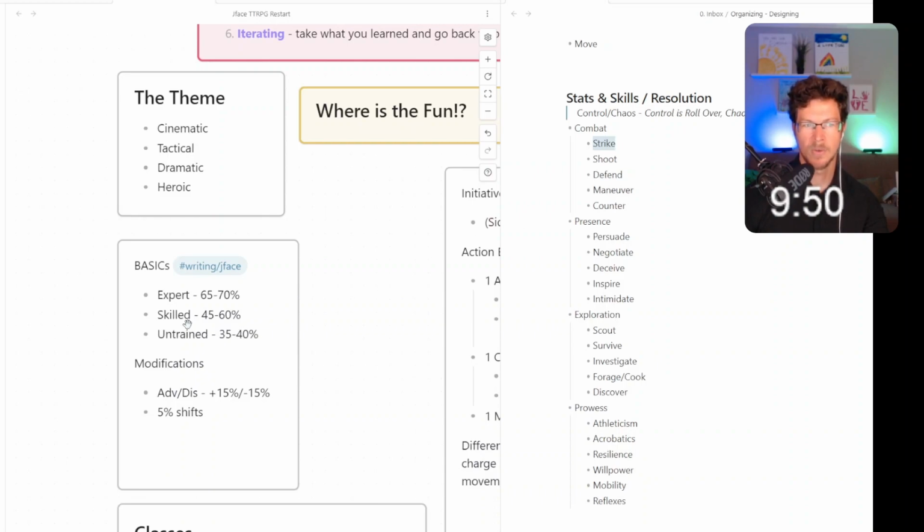I am a skilled person at striking, but if I devote myself to that skill, I can become better at it in a controlled environment, but then I actually become untrained in a chaotic environment. Does that feel good? I don't know if that feels good. So let's not do that. I still want to use this control versus chaos resource, but let's not do that because that didn't feel good to me in my brain. So then maybe you have a choice of pairing things together.